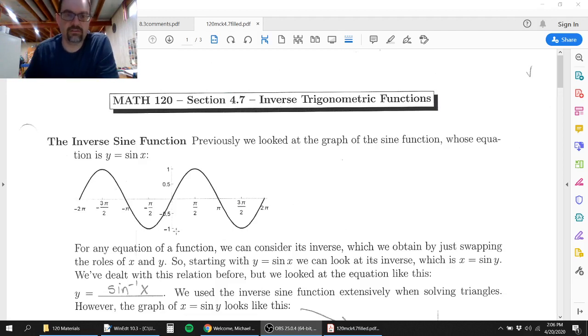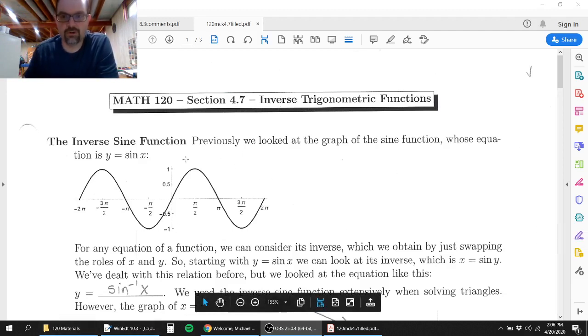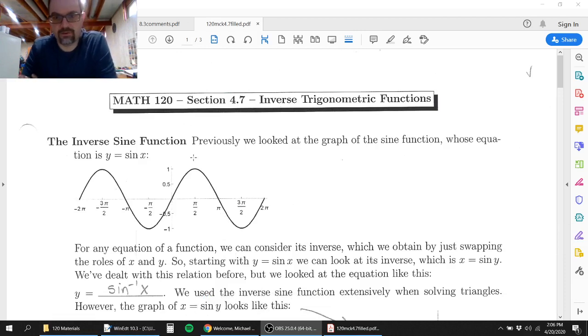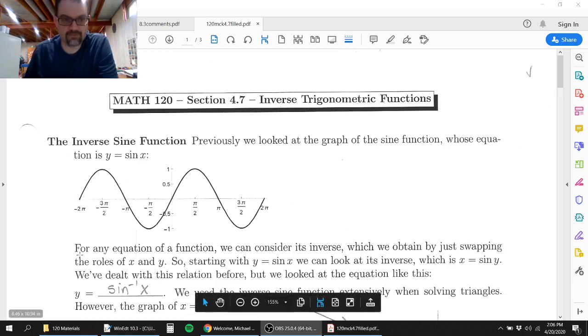So you can see right here, these are the filled in notes, which we'll just be going through some of. Here's the graph of the sine function. Now, when you make an inverse function, the way we start is this: y equals sine x. So you turn the two variables around and make x equals sine y, and then you solve for y. And when you do that, we get that formula that we've dealt with a lot, y equals the inverse sine